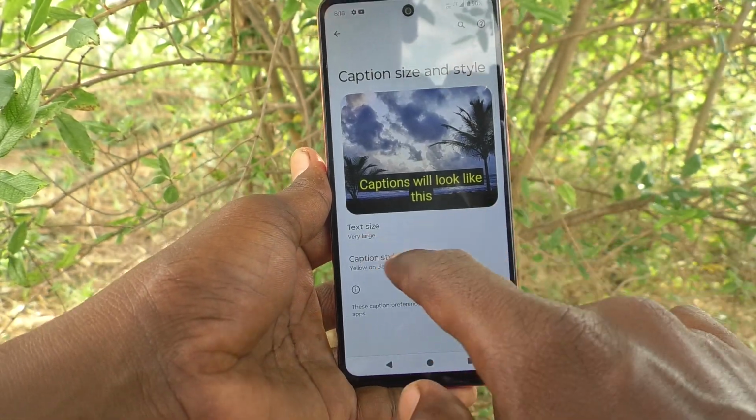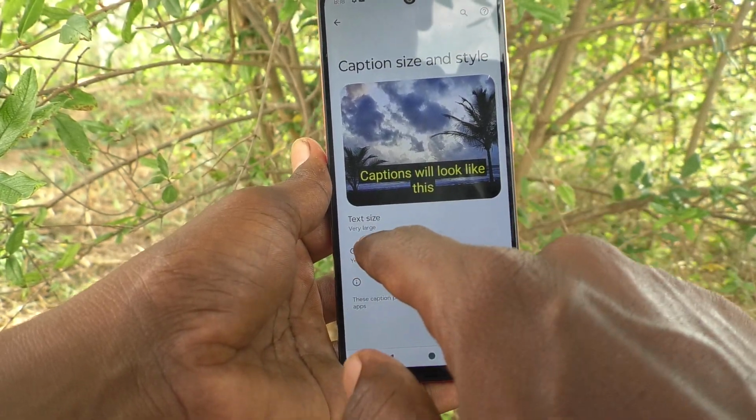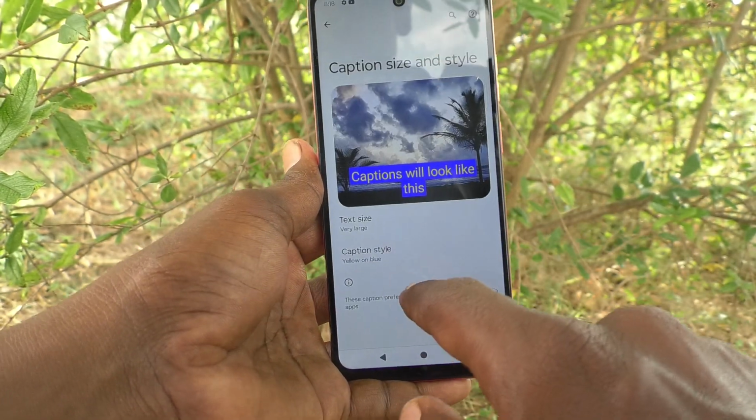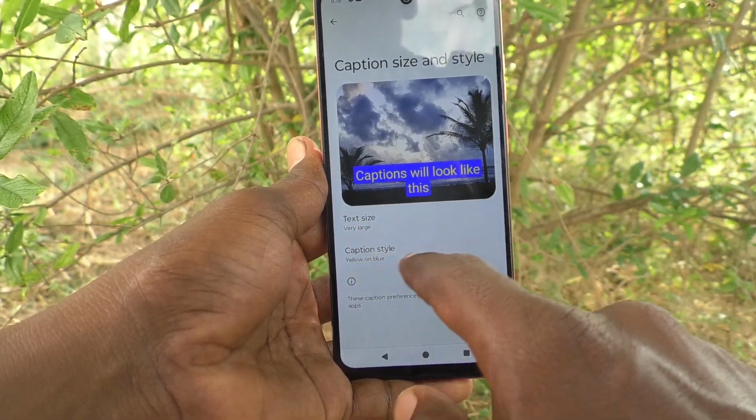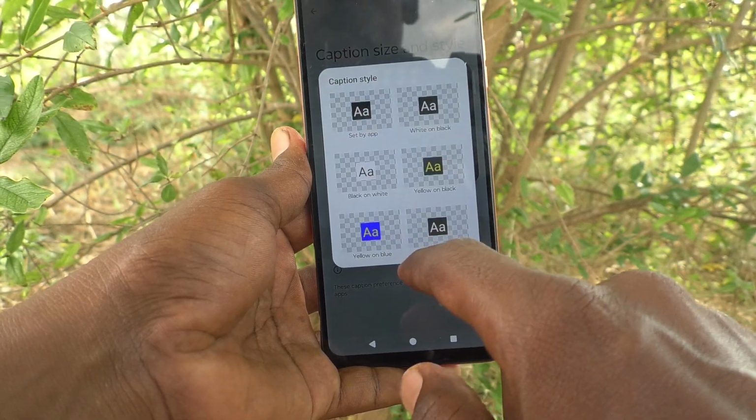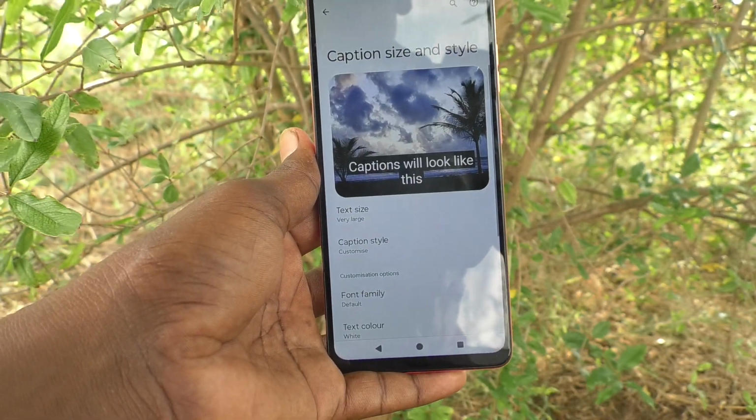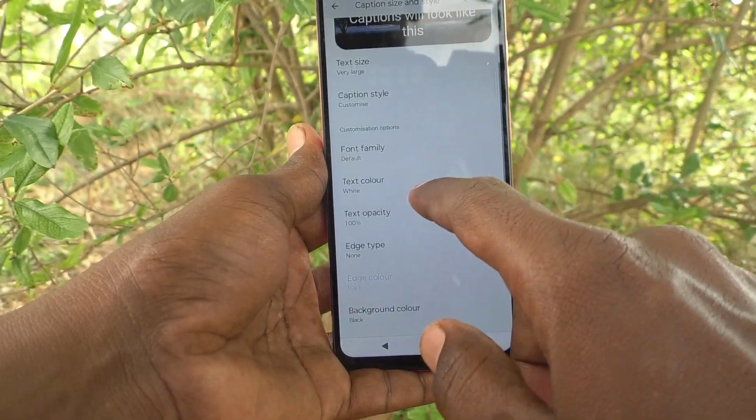See here, I have chosen this, captions will look like this. Okay, now I have chosen blue background caption style. Okay, if you want to use customize caption style, click on customize, and here click on